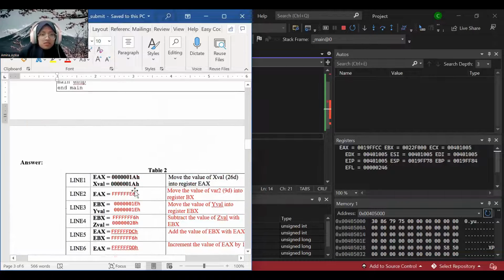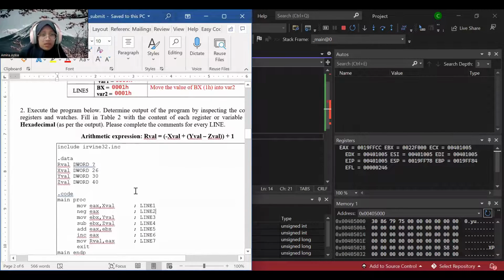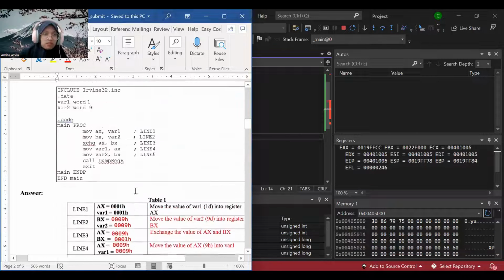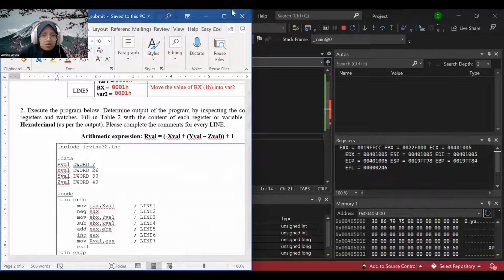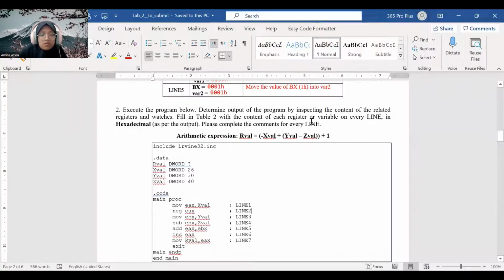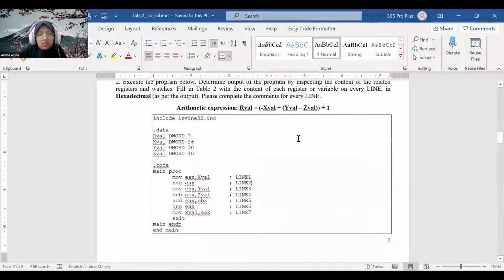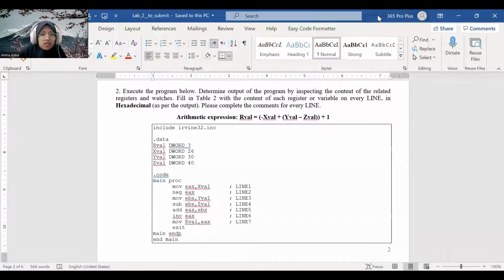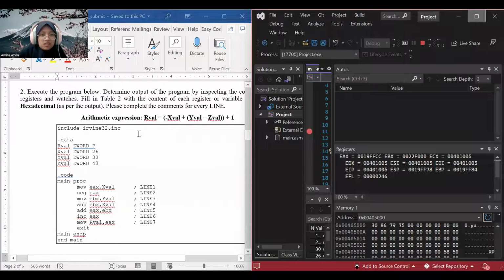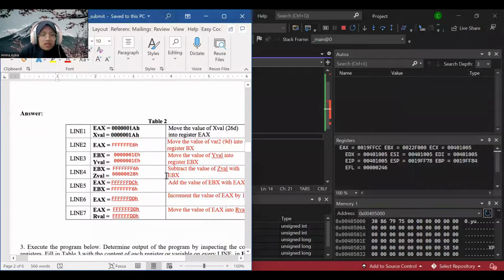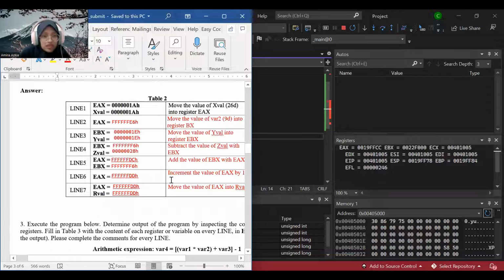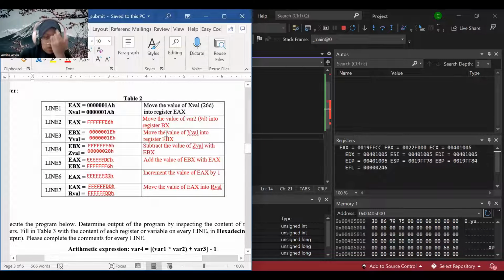So first thing first, I'm going to explain question 2 in Part B. The question says to execute the program below, determine the output of the program by inspecting the content of the related register and watches, and then fill the table. So here I already copied the code and filled the table, and I will explain how and why I filled it this way. So first of all, in line 1